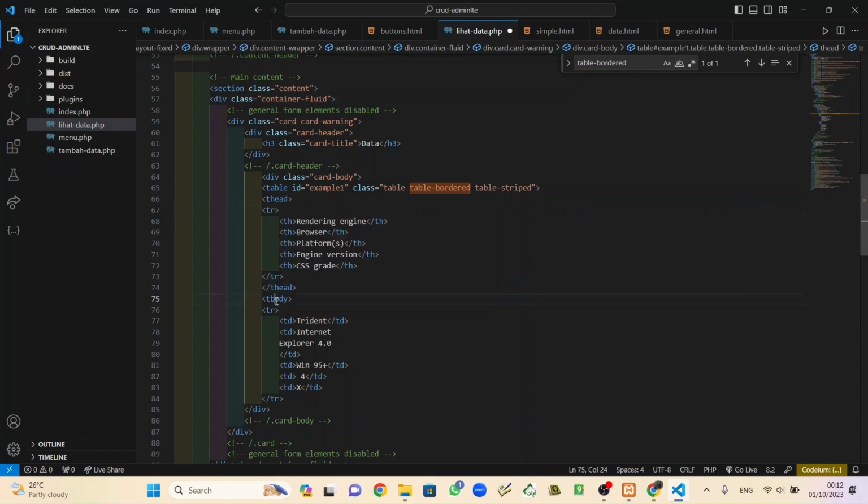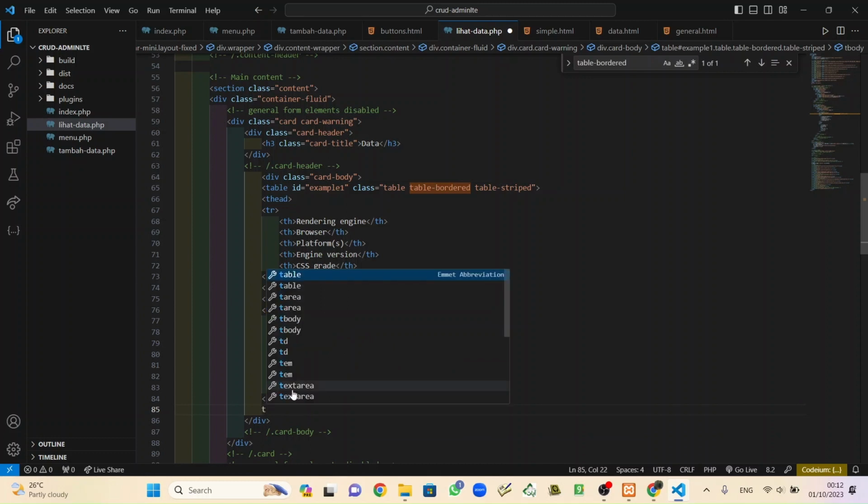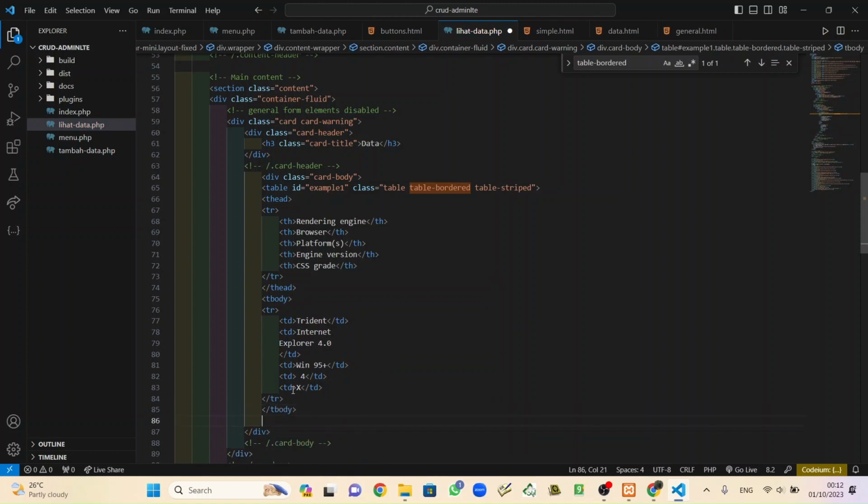The first one is tbody, and then table, and then div.